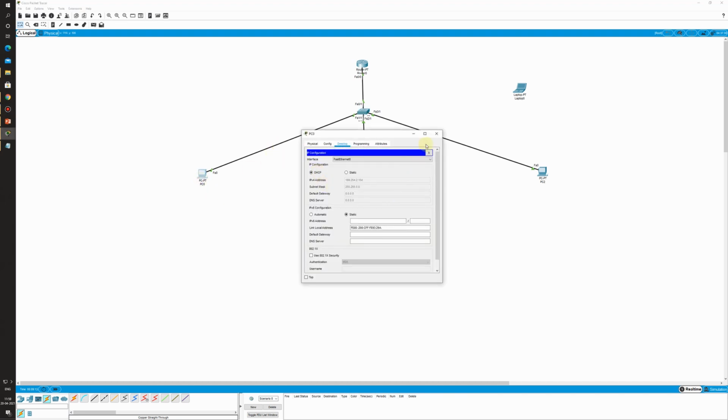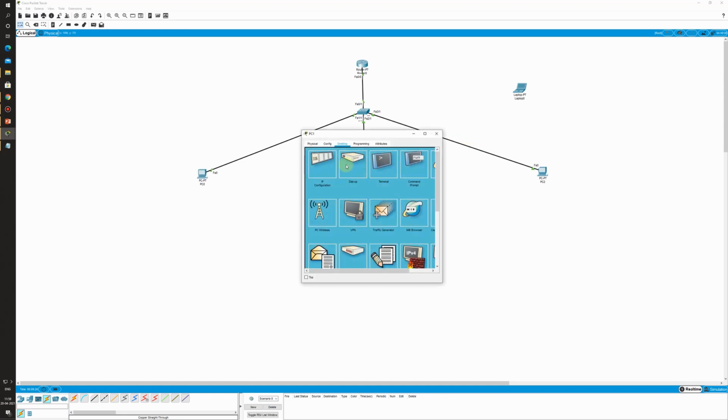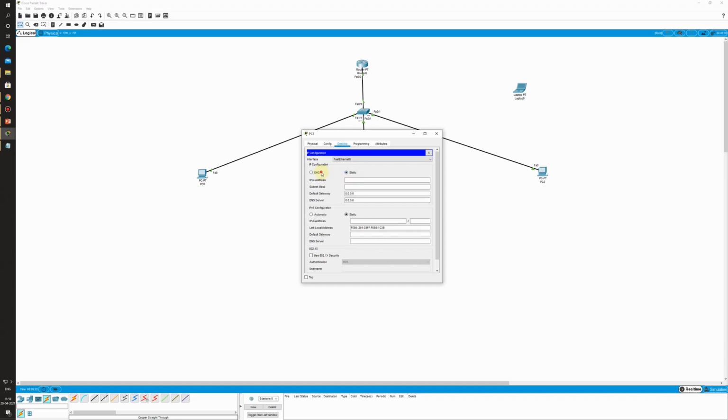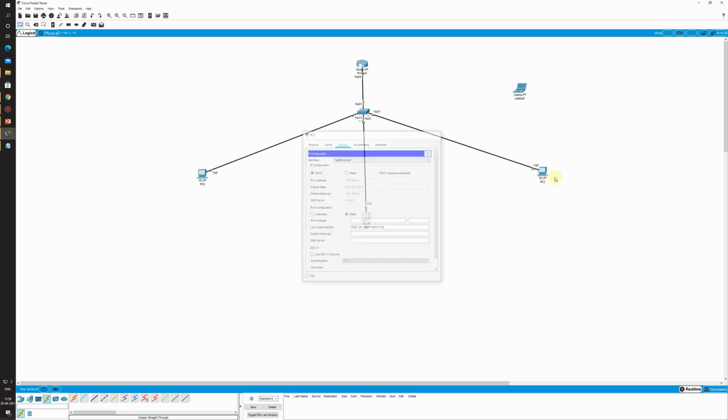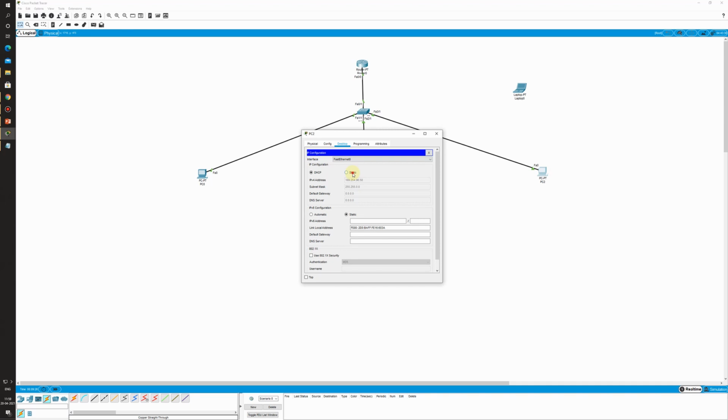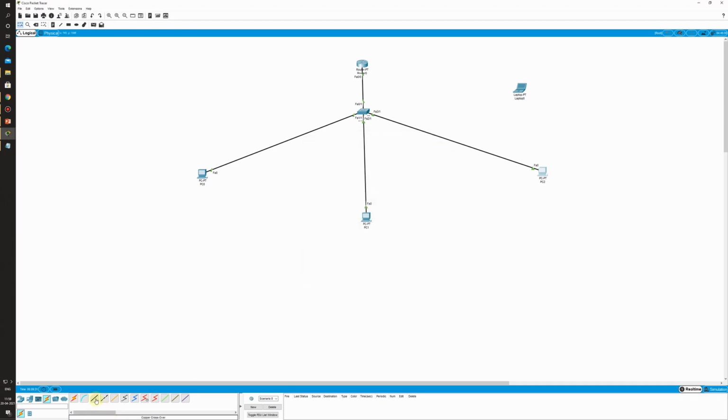Once again I will ask for the DHCP. So the IPs are getting assigned. Now let me connect this laptop to the system and wait for 2 seconds for this orange dot to turn green, that is the port status to get turned on.